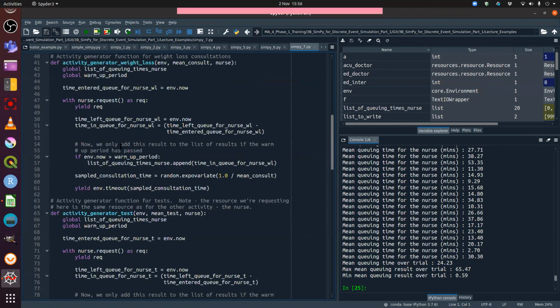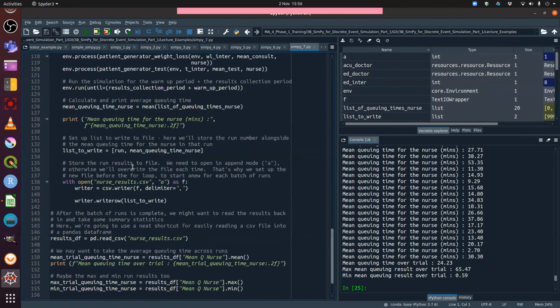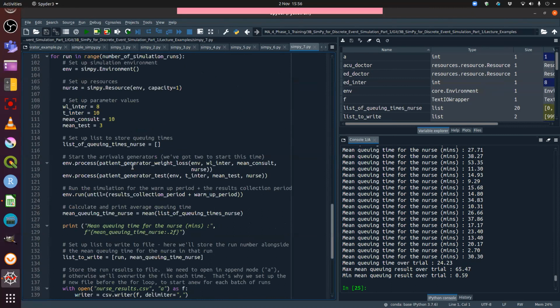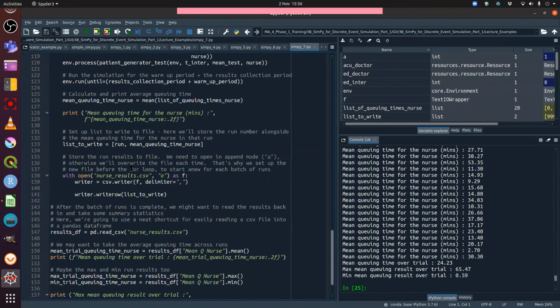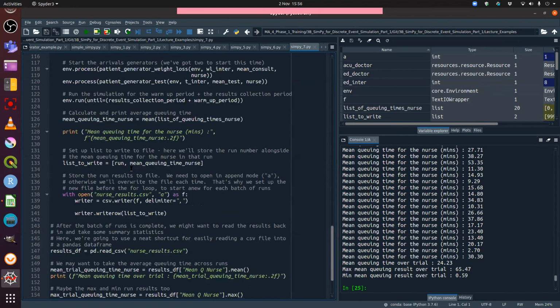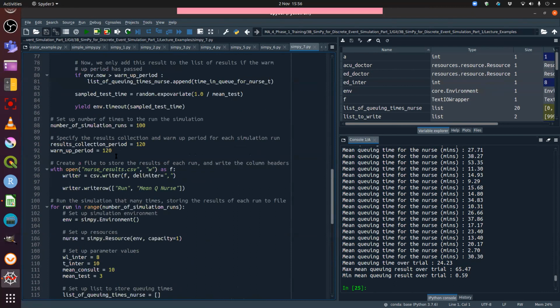The only difference here is that if I scroll down to the bottom first, if I can find it. Where is it? Oh, here it is. Sorry, I couldn't see it for looking. Right, so you'll see down here, so I'll come back to the generator functions. Where I set up the number of simulation runs to do, which was 100, I'm also going to set up two extra parameters here, one of which will be the results collection period, and one of which will be